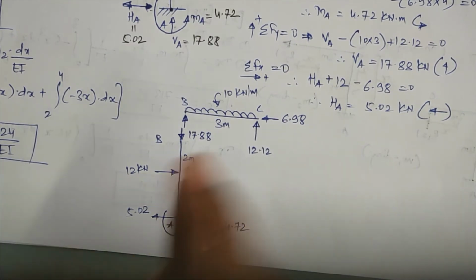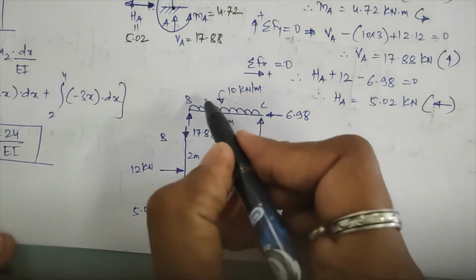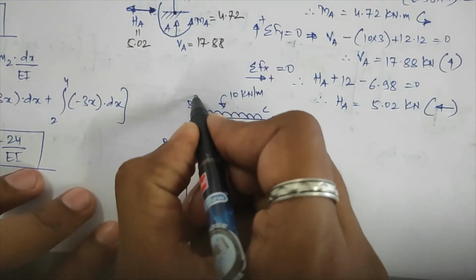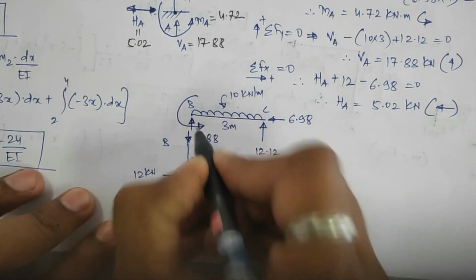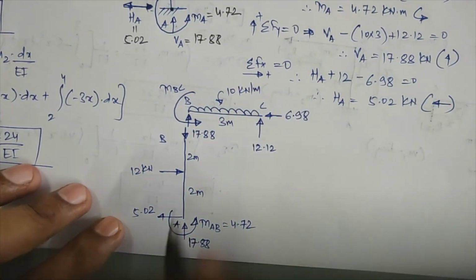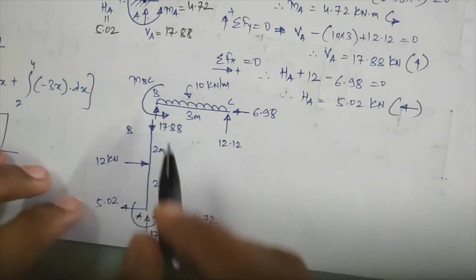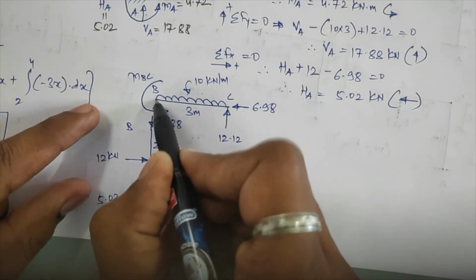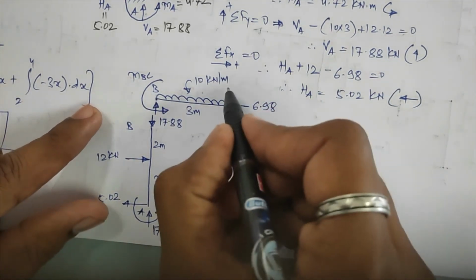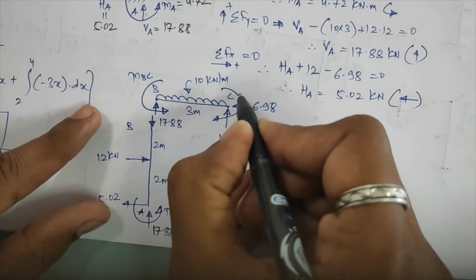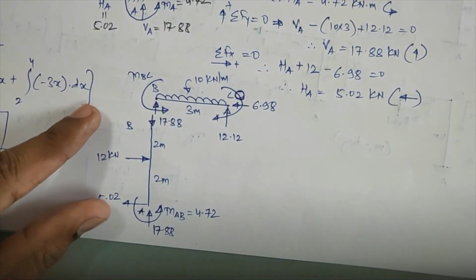Right? Now using these reactions, what you have to do, let me calculate. Suppose I assume an anticlockwise moment at this point, that is your MBC over here. So I'll calculate that MBC value. How we will calculate that? I'll take suppose moment at point C, or you can take moment at point B also. Here whatever the moment is coming, that is due to the hinged support, this moment will become here 0 directly.